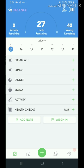In this tutorial, I want to talk about tracking those zero-bite foods. The first thing I want to say is that please be sure that you are using the correct zero-bite list